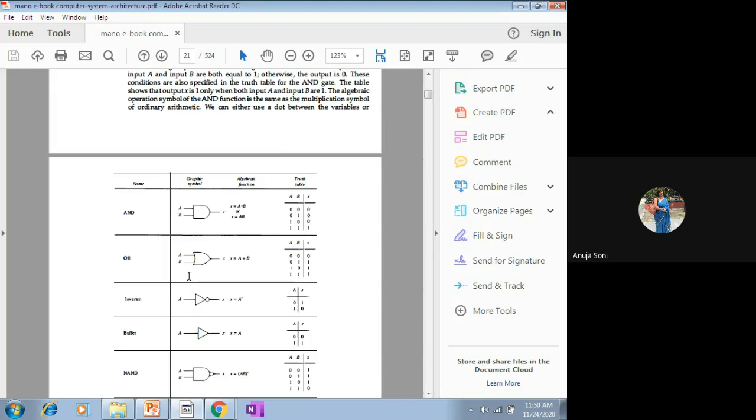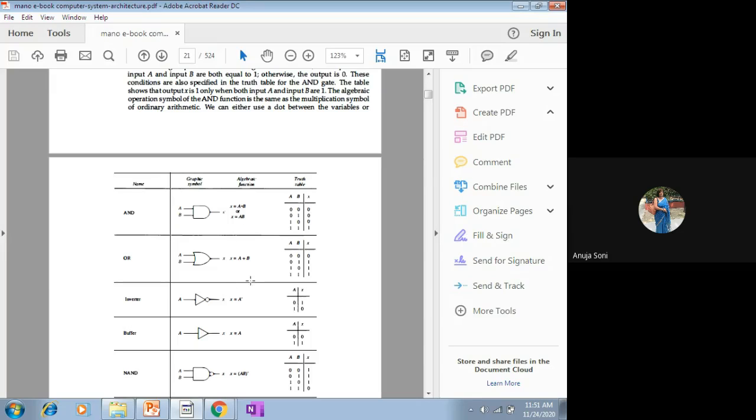And then you will have to simplify Boolean expressions using two methods. We'll be studying two methods in this chapter for the simplification of Boolean expressions. One is using Boolean identities, another is the Karnaugh map. With the help of either of these two methods, you will have to simplify your Boolean expression, and ultimately you will again be asked to draw the logic circuit diagram. And then you will be asked to compare the number of logic gates used in both cases: in the first case, when the diagram was complex, and in the other case, when the diagram was in simplified form.